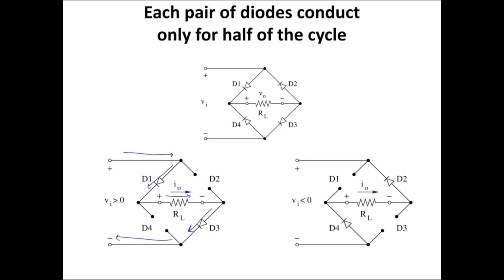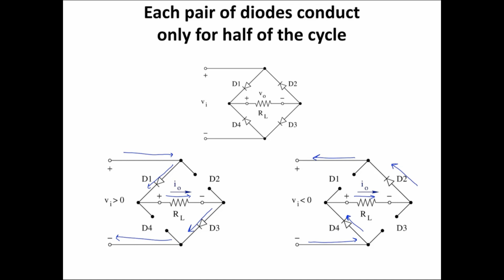And when Vi has a negative value, the current is going to flow in this direction. D4 is on, D1 and D3 are off, and the current is going to flow in this direction. D2 is going to be forward biased, it's going to turn on,